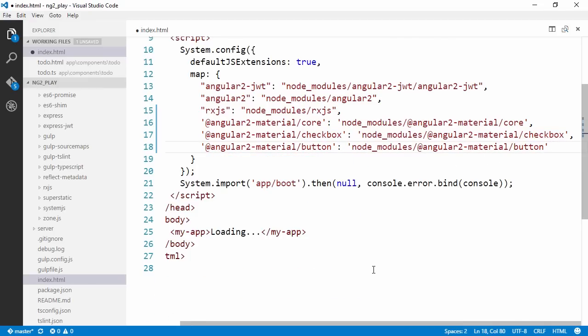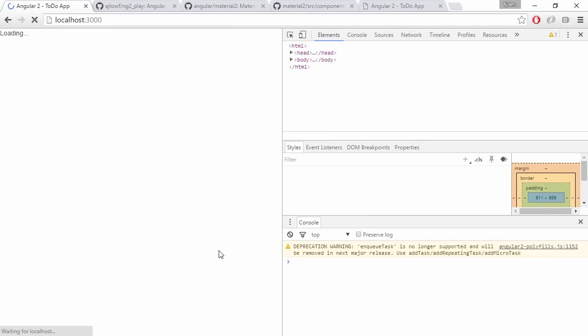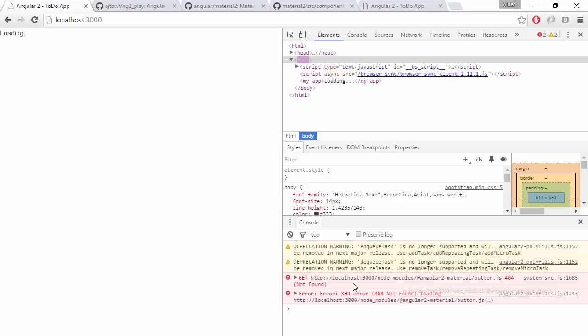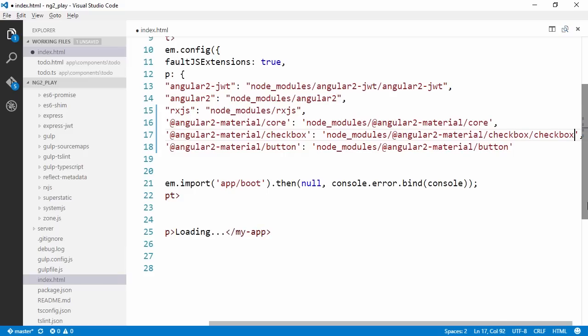Let's hope that we can load these modules now instead. So let's get rid of this. And now, hopefully if we come back to the browser, right, so it looks like now we're trying to load from node modules instead, but we don't look under button to find button.js and so forth. So let's just do a little cheat here. So I'm guessing we're gonna need to do it like this. So this is really ugly. I don't recommend this, but let's just bear with me for now,